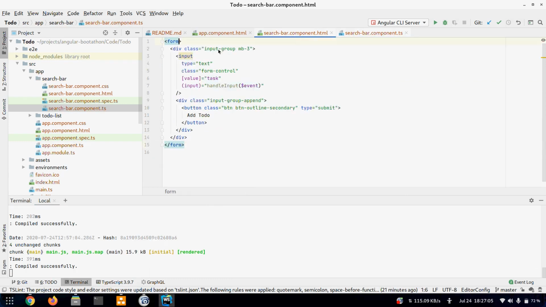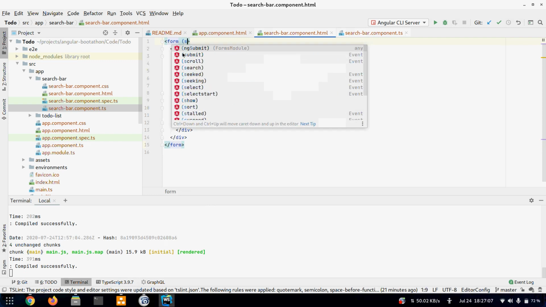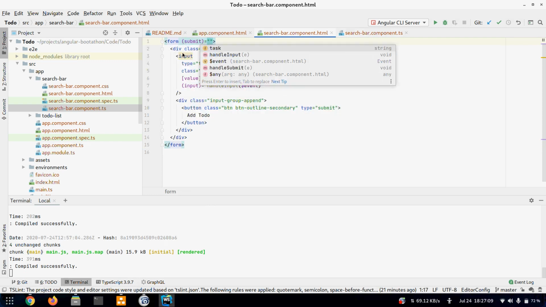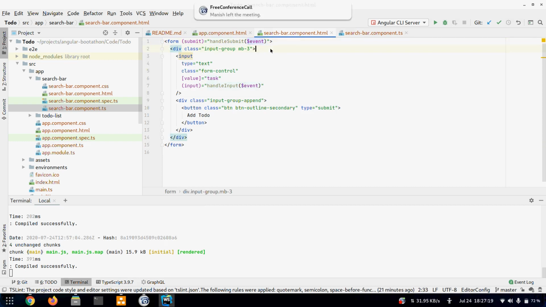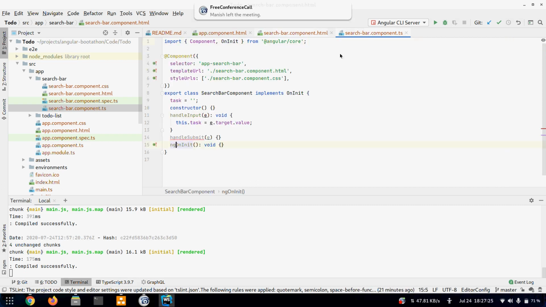So whenever the form gets submitted, I'll call this method handleSubmit and pass it the event using the same syntax that we saw, the reserved keyword $event. So whenever it gets submitted, this function will get called.